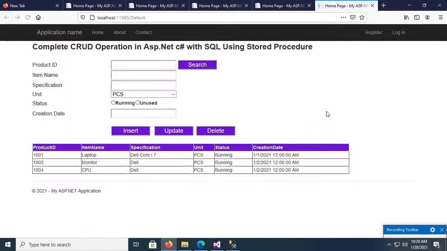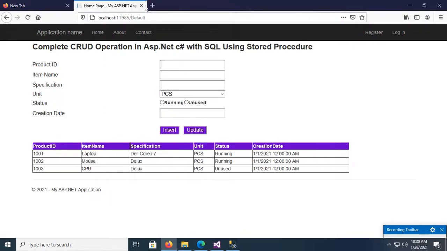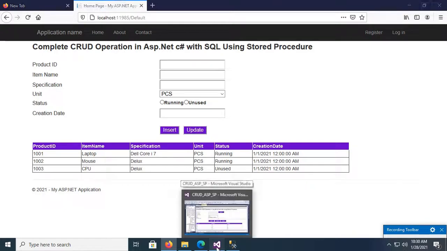Yes, it's loading. Now put product ID 1001. If you click search, it's displaying only the record whose product ID is 1001. And now 1004, yes, it's displaying 1004 CPU. Okay,